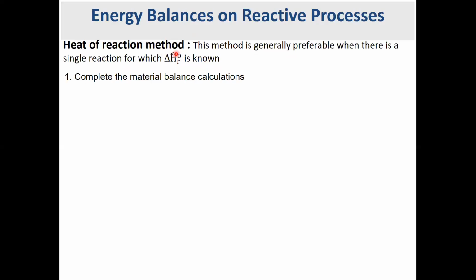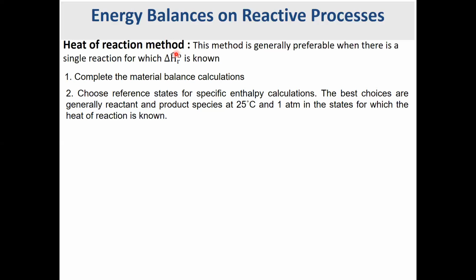So what are the steps you have to follow? As we always mention, you have to do a good material balance on the system whatsoever you have. You just provide the material balance with the known data, or if you can calculate, just add it. For sure, you have to draw the flow chart before this. Then you have to choose your reference state. Our reference state for heat of reaction method, as I mentioned, is clear. You have to consider all the reactants and products at 25 degrees and 1 atmosphere in the state they are available